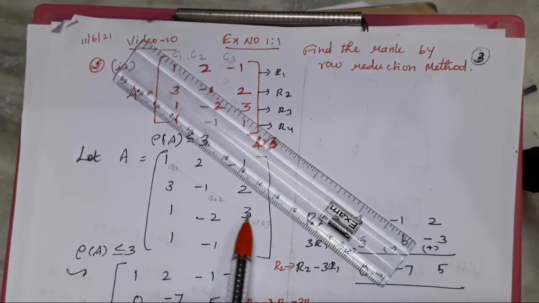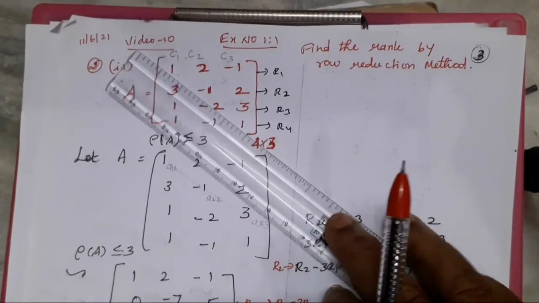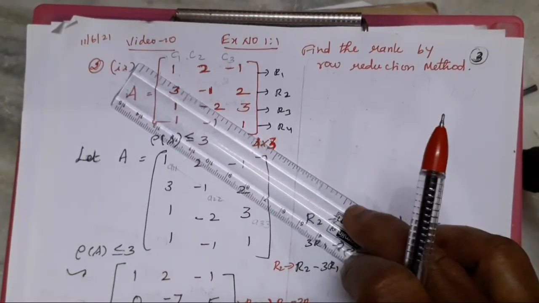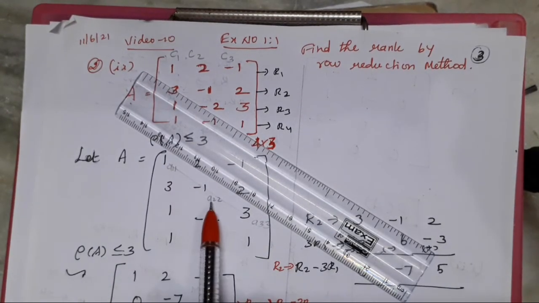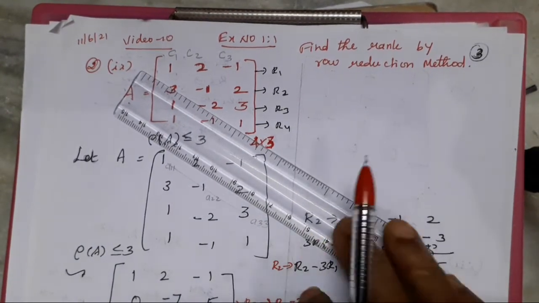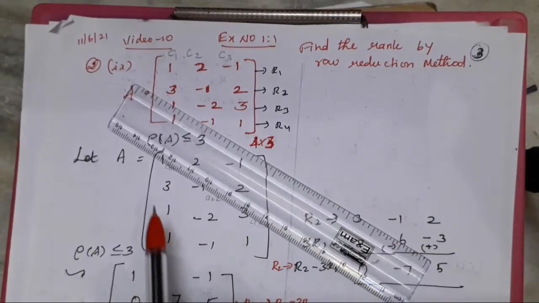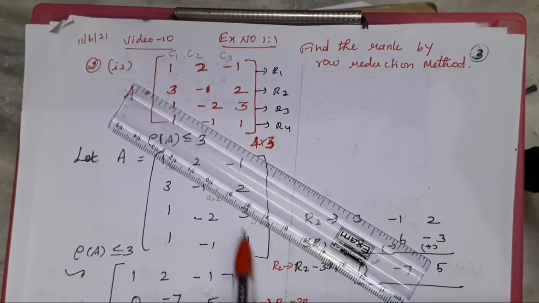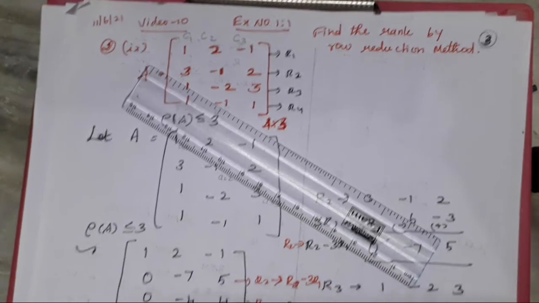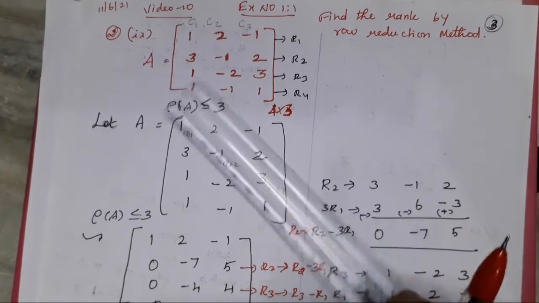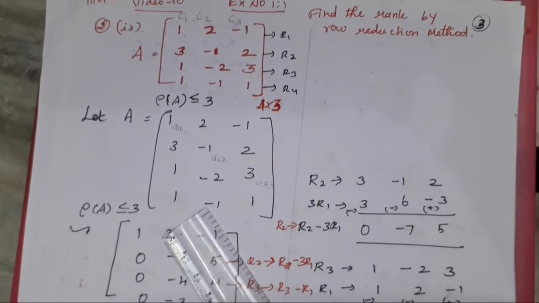We can find this only for a square matrix. This is 3 by 3, which means the main diagonal is A11, first row first column, second row second column, so A22, and A33. This is the main diagonal. Below the main diagonal, we make the remaining elements 0. If they become 0, we can easily find the rank. How do we make that 0?